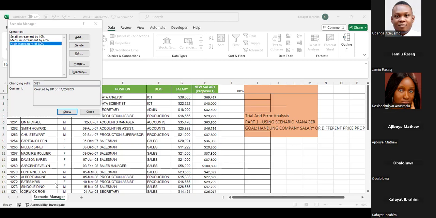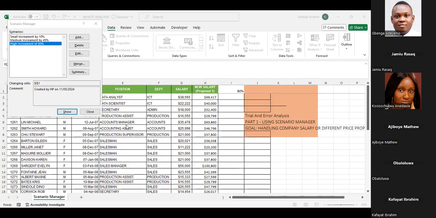Is it clear before I move to payment function? It's a very interesting topic too. Payment function. You will need that one, especially for those of us working in a loan granting organization or things like that. We are doing payment function. So Kafayat, you can close this, you can save it, and in case you want to go back to practice, you can open the file I named